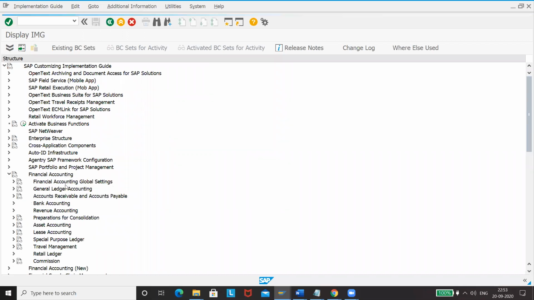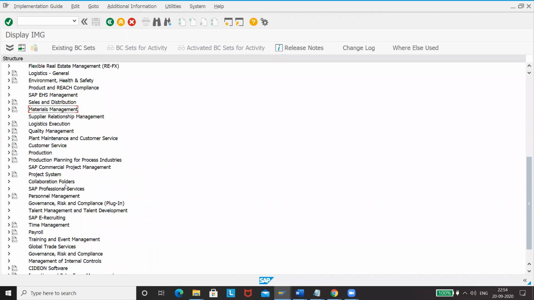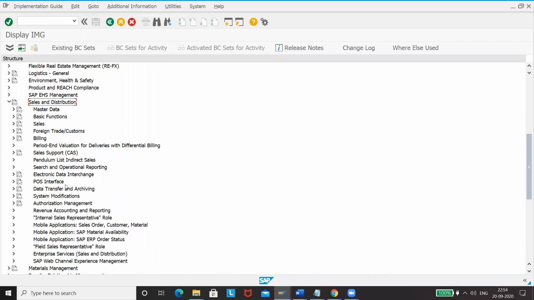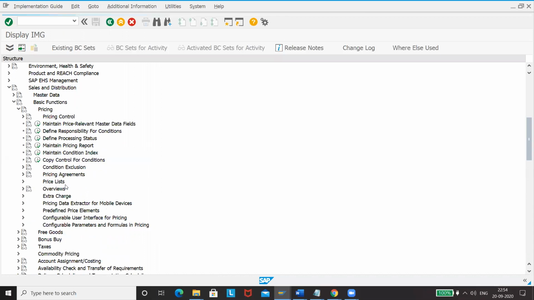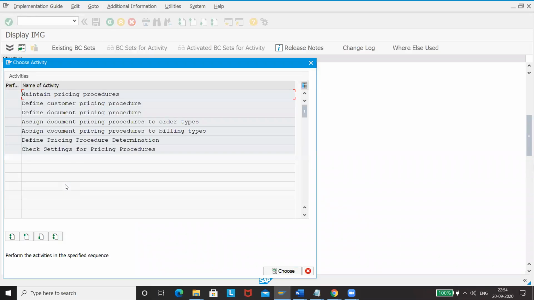These are maintained at sales and distribution, basic functions, pricing control, and this is where we maintain the pricing procedure.